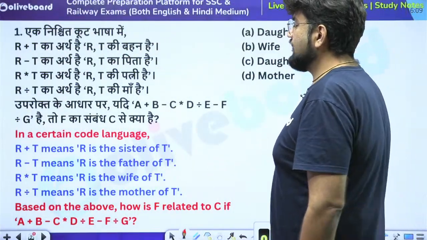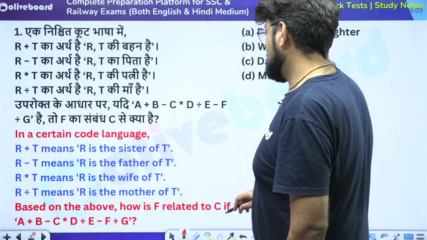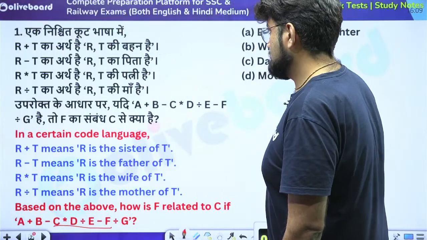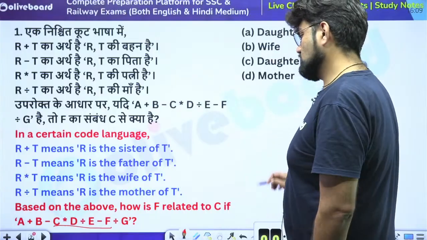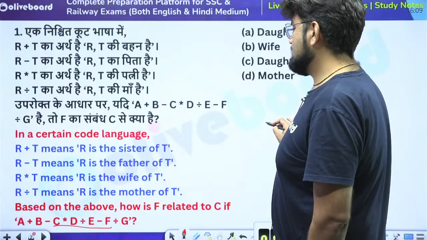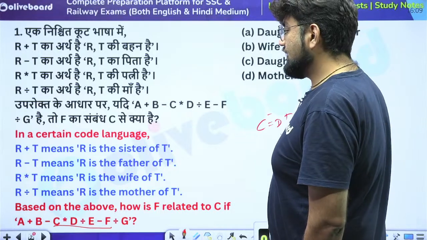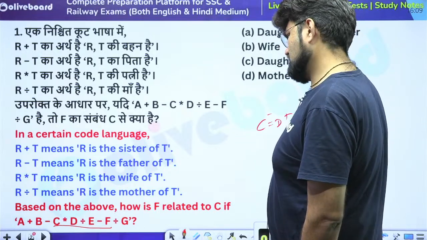In a certain code language, this is it. So how is F related to C? F related to C. So C is the wife of D. D divided by E, D is the mother of